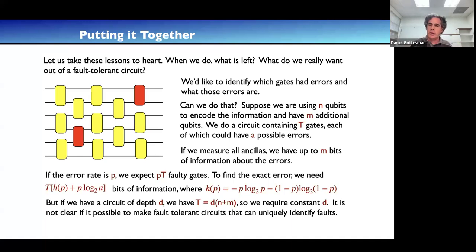So suppose we have this error correction circuit, and we take a piece of it that lets us correct errors, and it has T gates in this piece of the circuit. Now, each of those gates, there's multiple different kinds of errors that could occur to it. So there's A possible errors that can occur on each of the gates. So you can calculate, we say if the error rate is P, then we expect that there will be P error per gate, or error rate per gate. Then we expect P times T gates to have errors in them within this chunk.